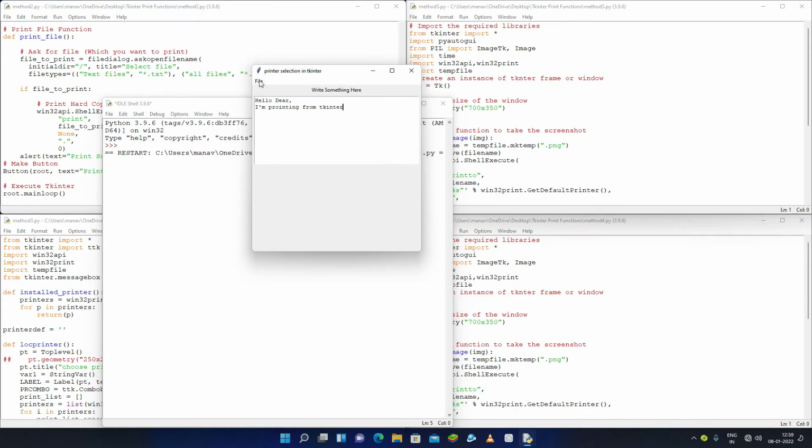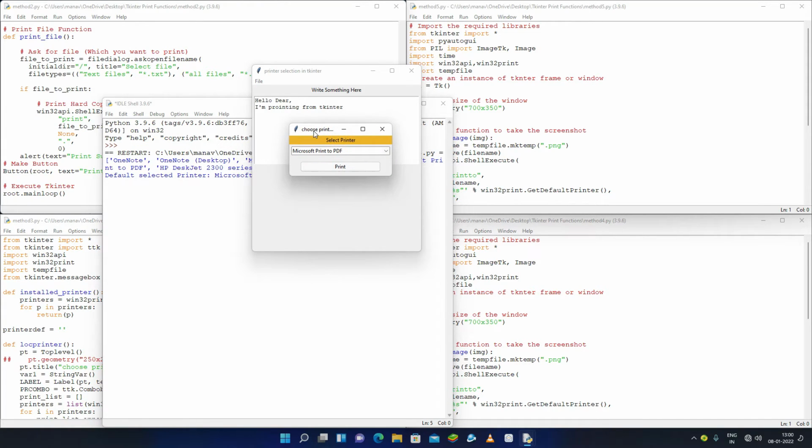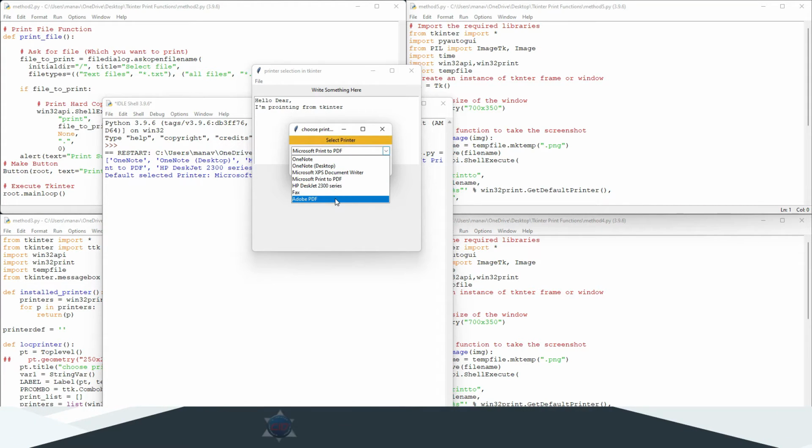So what I will do, I will come into the file menu bar, and under this I have created the print menu, and then I will select it. It will give me the message to select printer, so it will show me all the printers which I have here. All the printers connected to my computer are shown, and I have my DeskJet 2300 series printer.